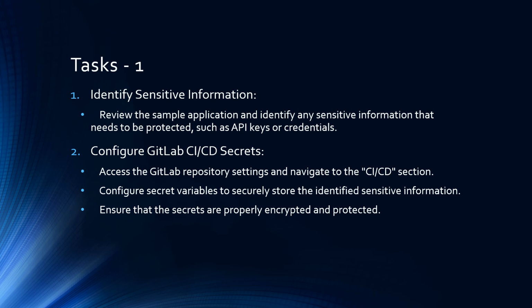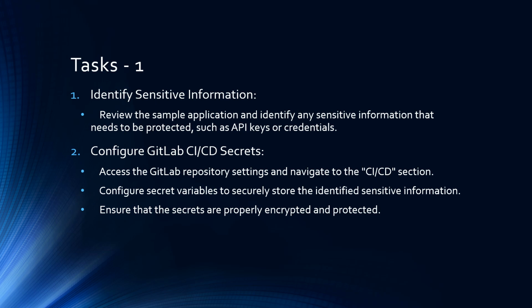When configuring GitLab CI/CD secrets, you'll be working with GitLab's built-in features. Navigate to Settings > CI/CD > Variables in your GitLab project. Here, you'll need to: 1. Add your identified secrets as protected variables. 2. Use meaningful naming conventions. 3. Consider the scope of each secret. 4. Determine which secrets should be masked in logs. Document your secret management strategy. Remember, the goal isn't just to store secrets, but to implement a secure and maintainable secrets management system that could